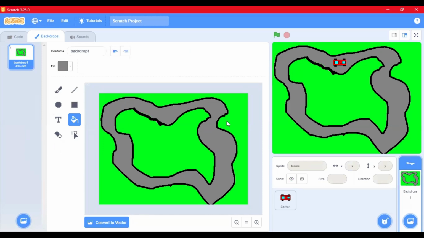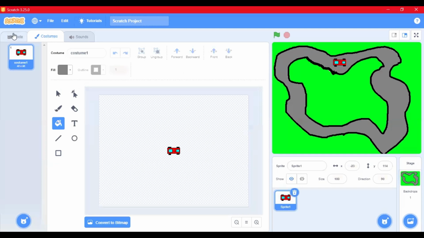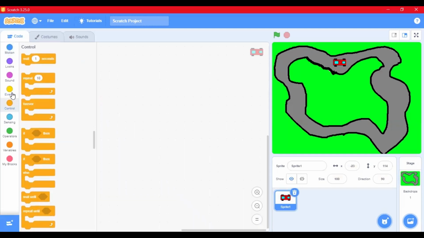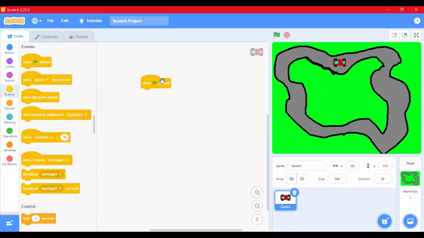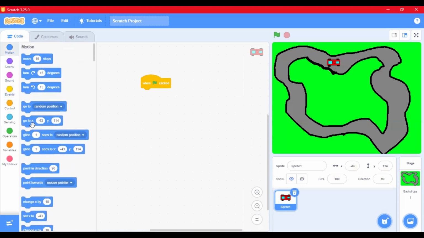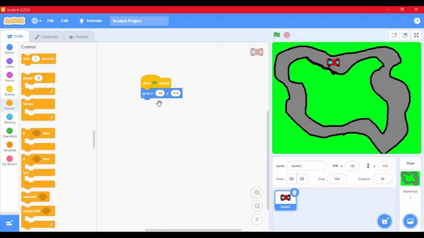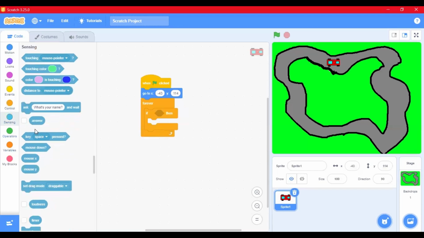Nice. Now what we do is we go for our sprite here. When green flag is clicked, it should go here as starting line is here. So motion, go to x minus 43 and y 144. Then we take a forever loop, and an if statement. Go to sensing, if key